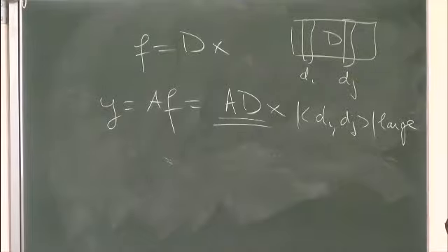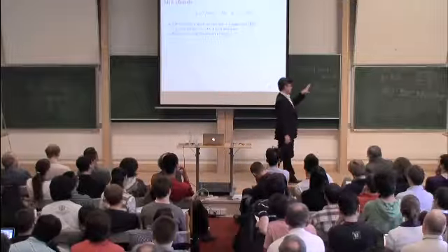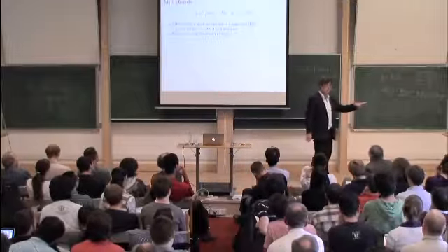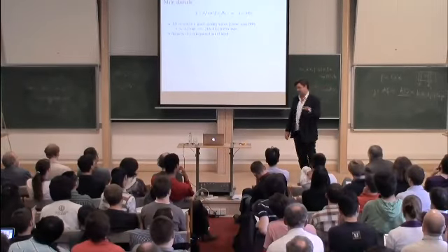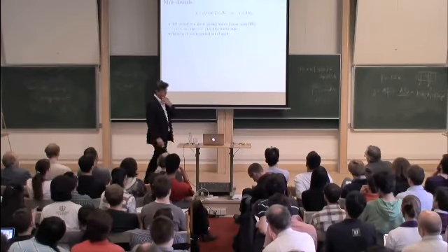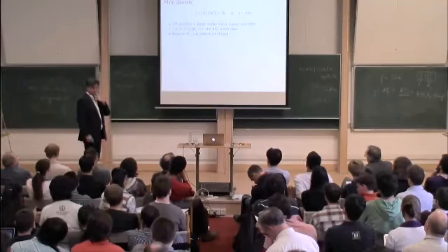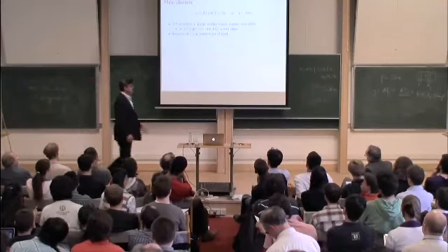But that's what people do in general. People in general use overcomplete representations, and I would argue that if we do this, then because D cannot obey any restricted isometry property, if columns are correlated, when I project them, they're going to be even more correlated. So there's no way AD can obey the restricted isometry property, and so the recovery of x in general is completely out of reach. And we can see the big obstacle.